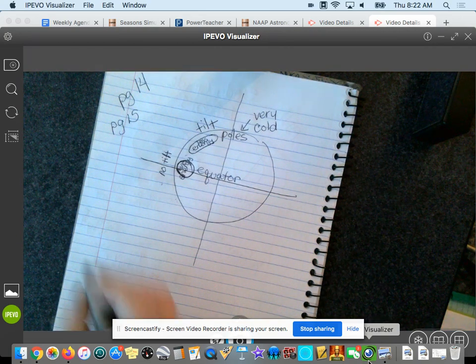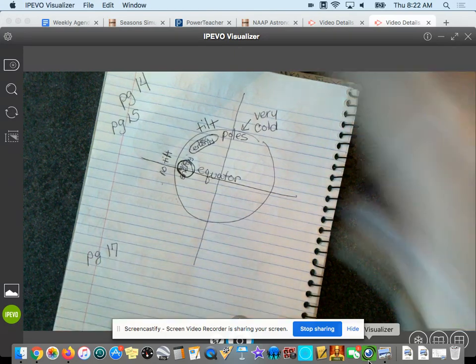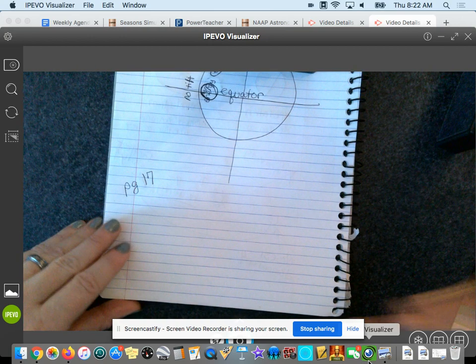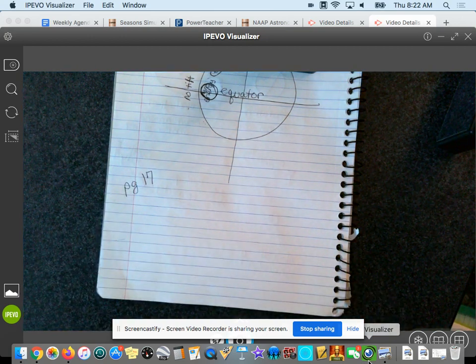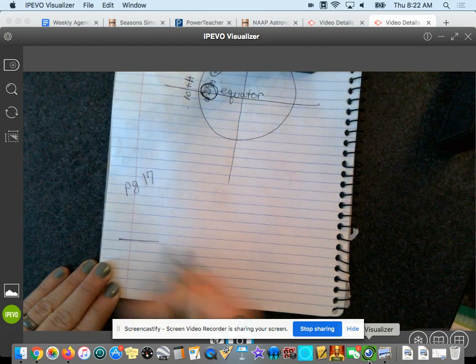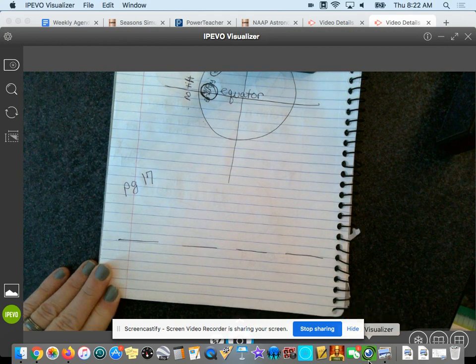Okay, the next thing is page 17. Let's look at the apparent motion of the sun during the equinoxes and solstices. So I want you to draw 4 horizons, and we're going to label them